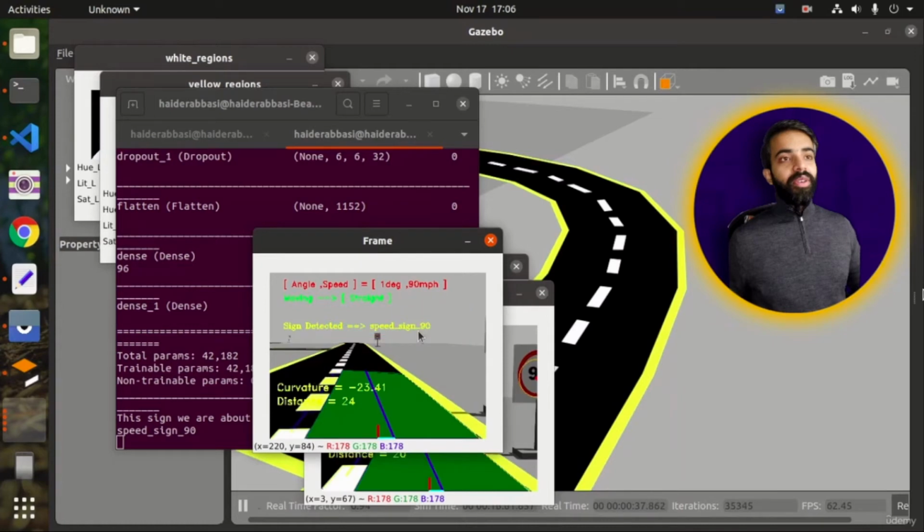As soon as this sign exits the frame, you can see on the top, the speed of the car has been adjusted to 90 to comply with the local speed limits. As the local speed limit was 90 for this particular road, we upped our speed from 80 to 90. Then, when the car approaches the speed sign 60, it detects it and then tracks it,